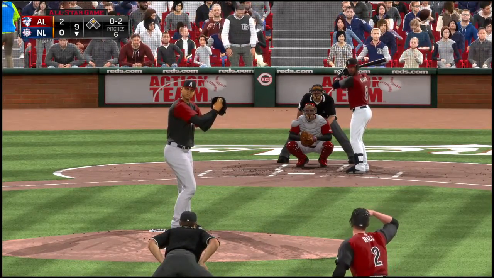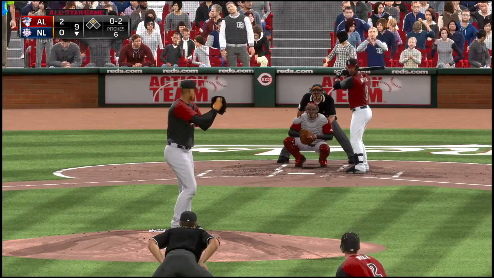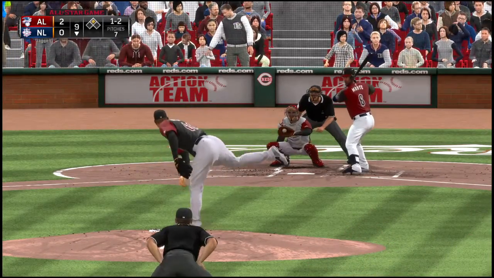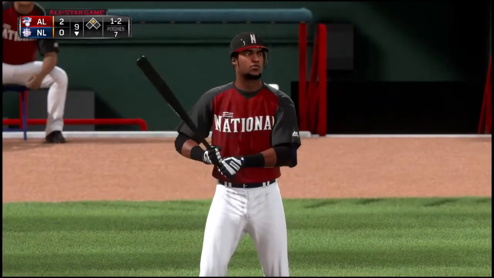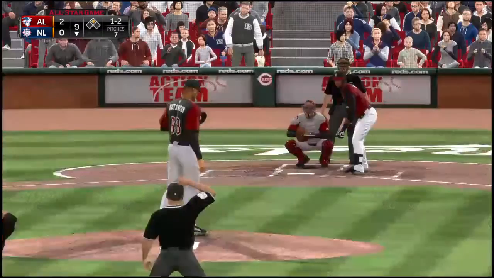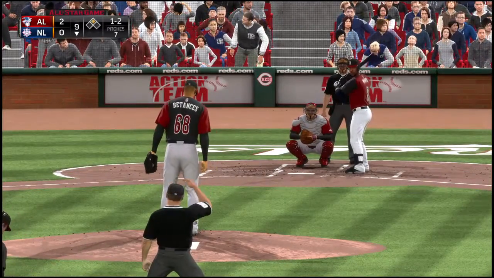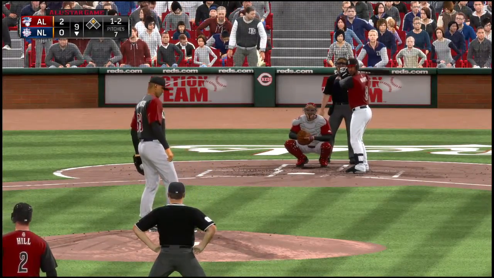Hit something hard right here. He waits. Now the pitch. Just a touch outside. 1-2. And even on 1-2 now, you've got to expand the strike zone a little up there. You can't go down looking here. You've got to put this ball in play.